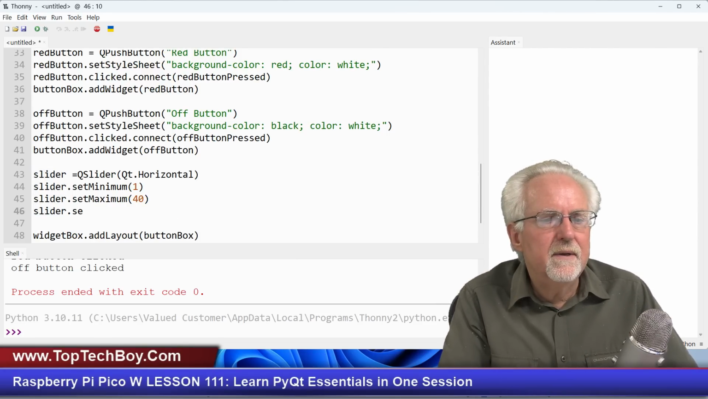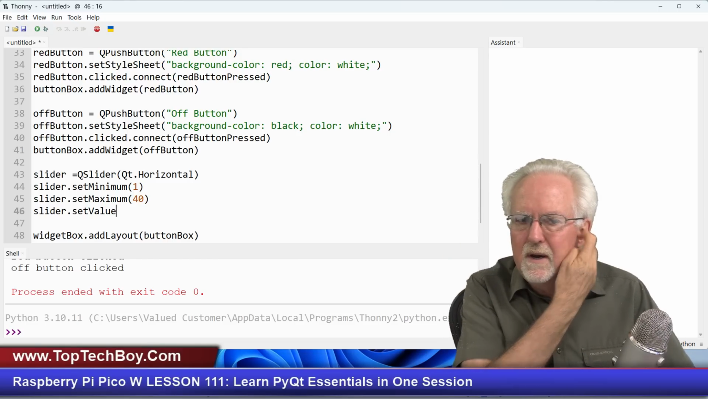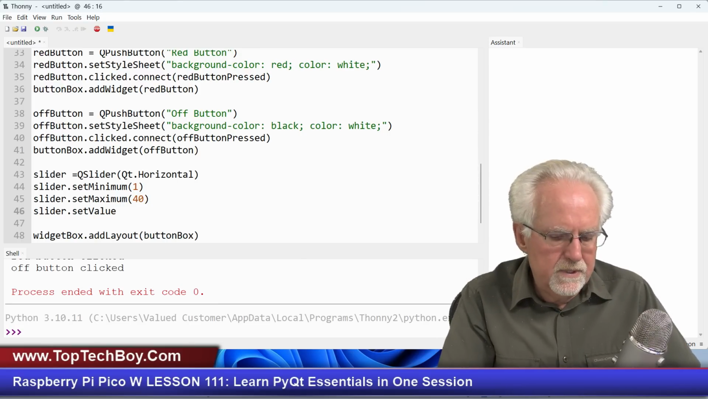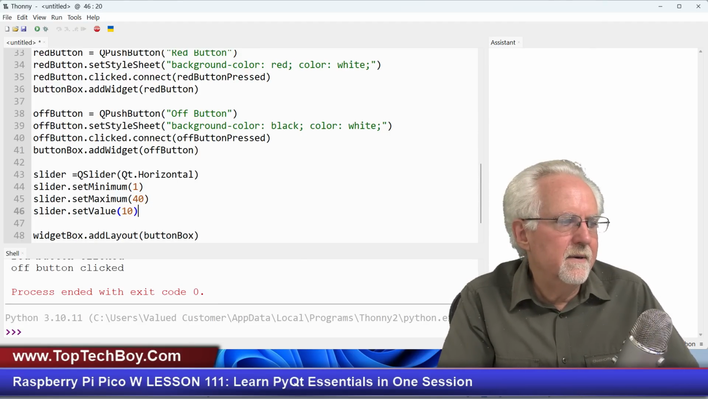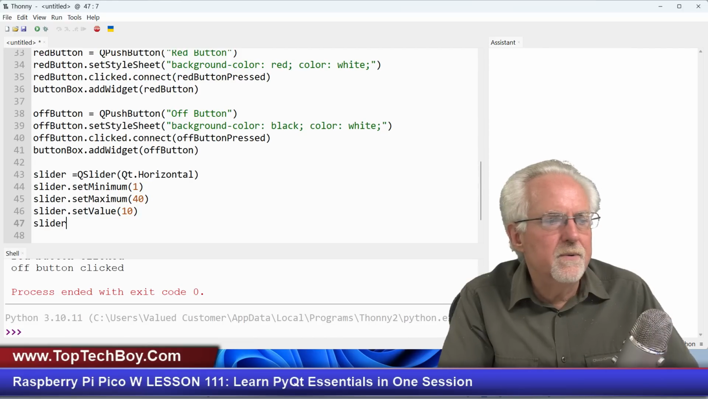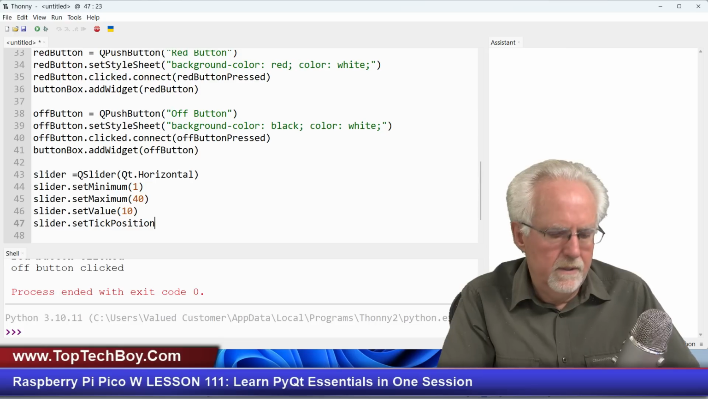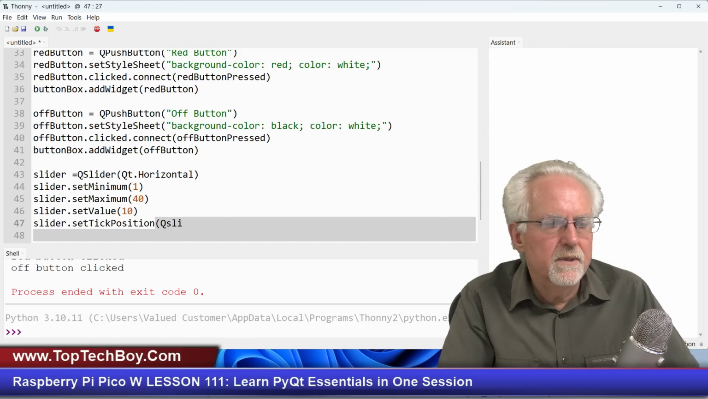You set value so that when the widget pops up, what value is the slider going to have? Let's set it at 10, like that. Okay. Now also the slider needs to have a set tick position, and the Q slider, right? The Q slider dot what? I want the ticks